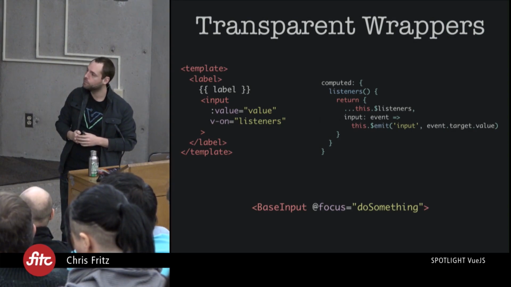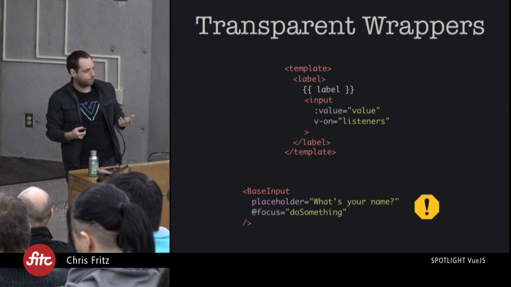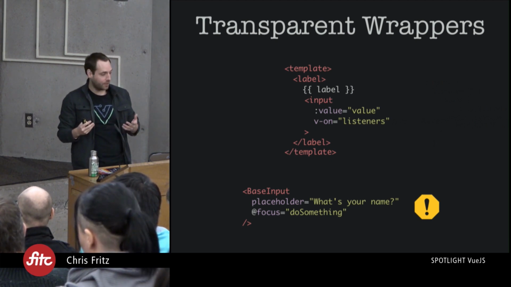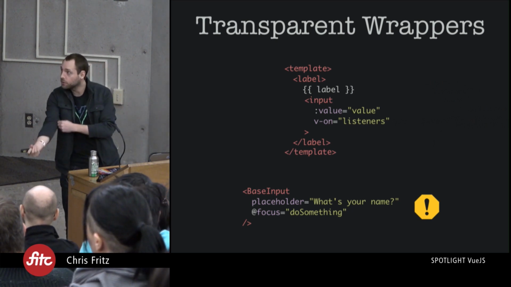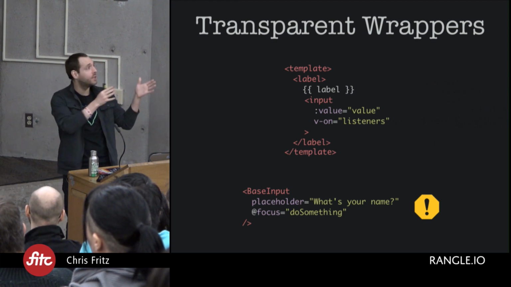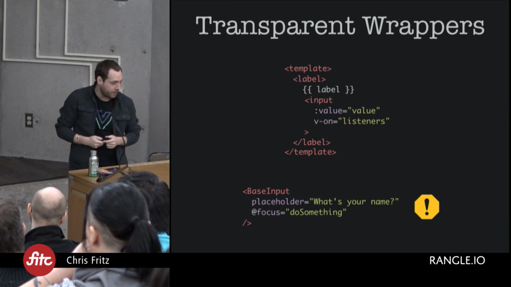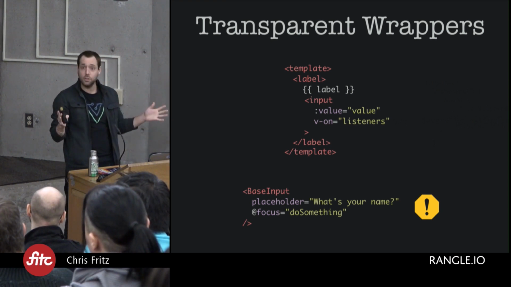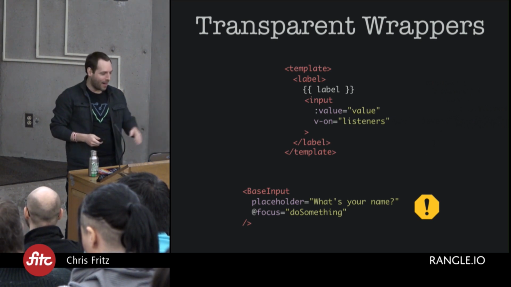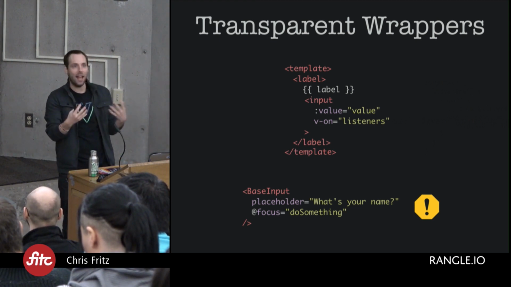But we're not quite done yet. There's an additional problem. What happens when we add this placeholder here? It'll add a placeholder to the label, because by default, Vue passes any anonymous attributes, any attributes not specified as a prop, to the root element of the component, in this case the label. And a placeholder on a label, I actually haven't tried it, but I would assume it does nothing. I would assume it would just make my app not work. When really I want to pass anything here directly to the input,